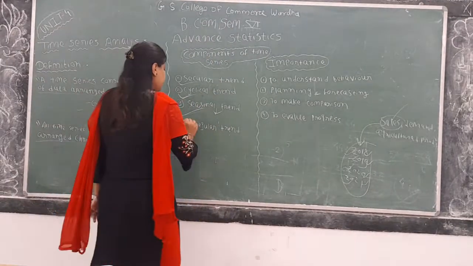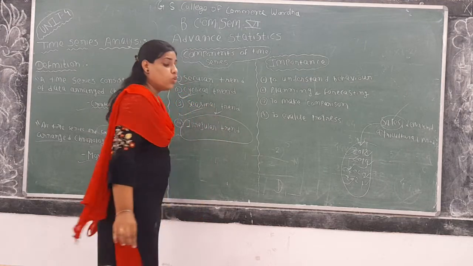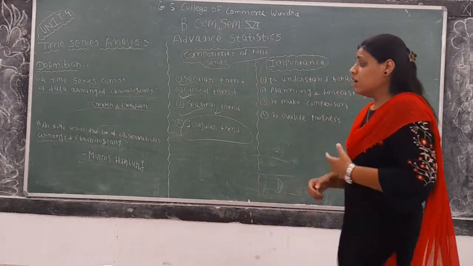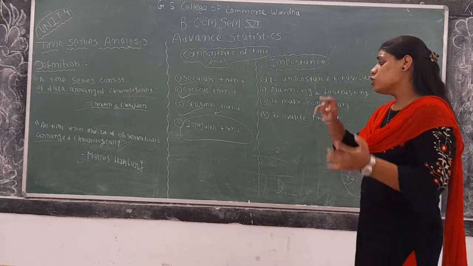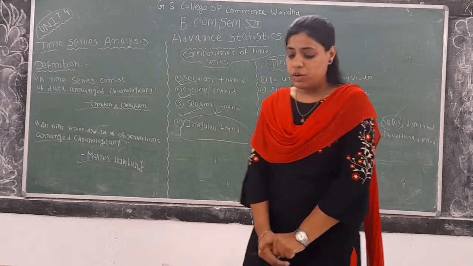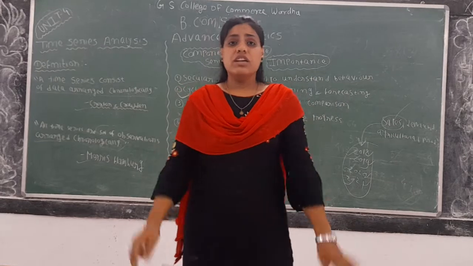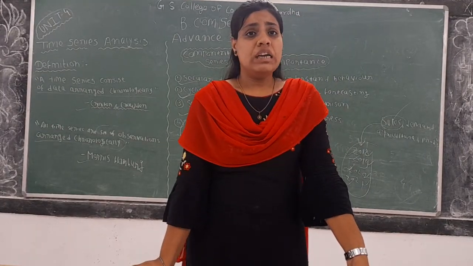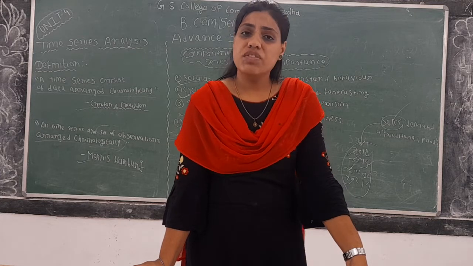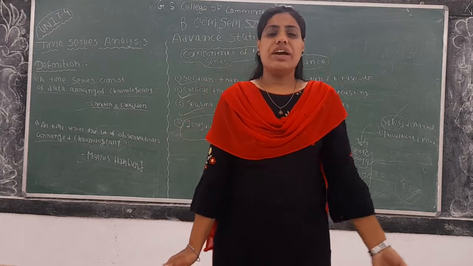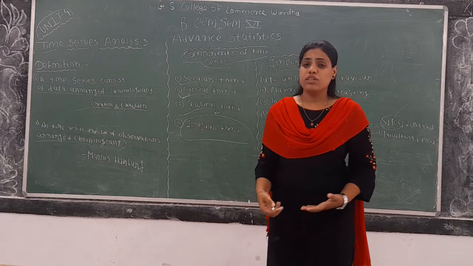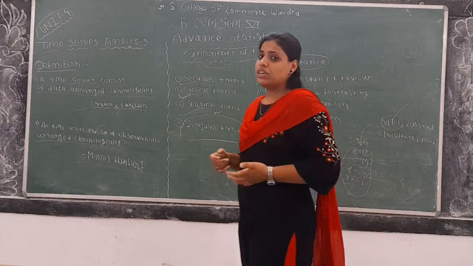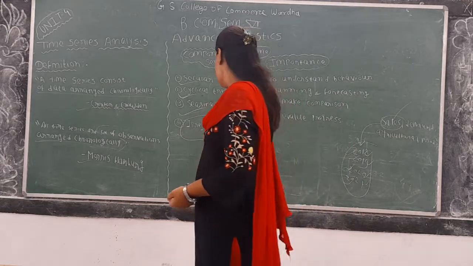After that, we have irregular trend. Okay, so when we talk about the irregular trend, there are some items for which there is no particular pattern of behavior, no fixed time period. So when we try to understand the impacts of such factors on the different elements or other factors, such type of studies comes under the irregular trends.